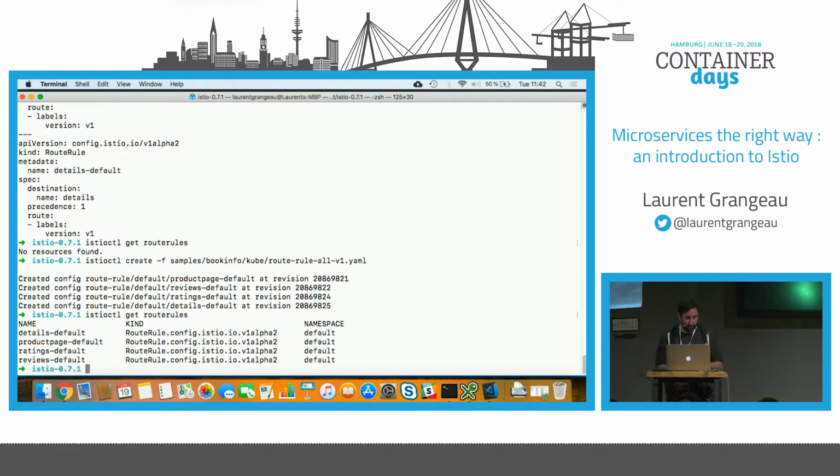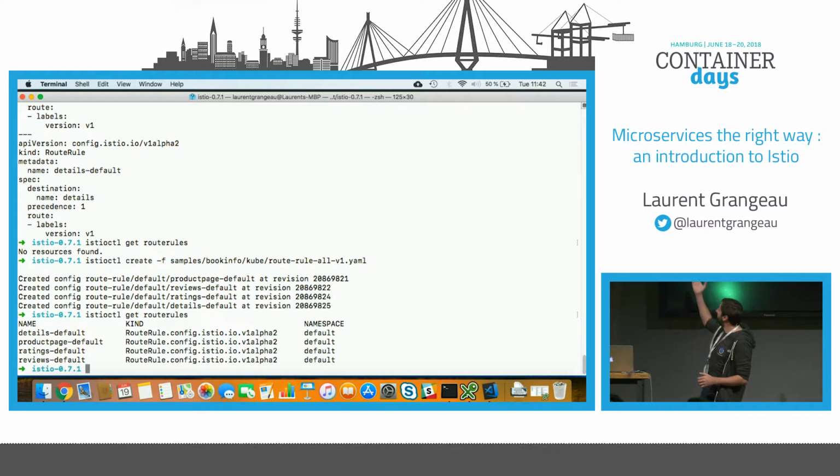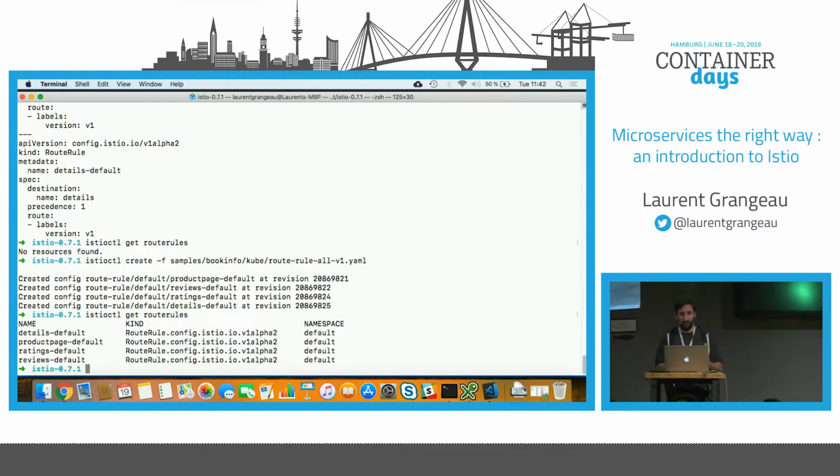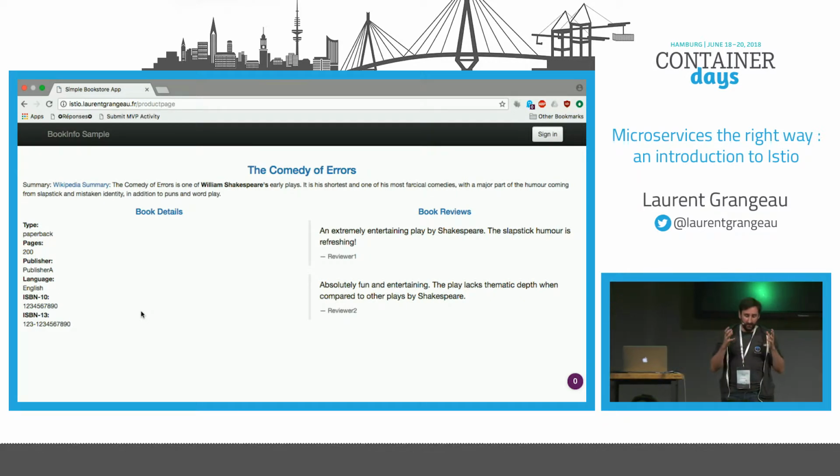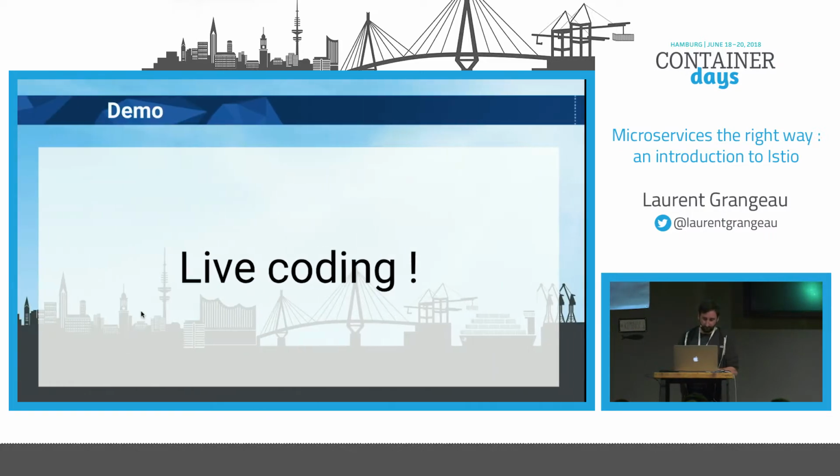And if I go back to the routing rules, we have a default routing rule that says that the rating and review is toward the V1. And if I hit refresh on the Simple Store, you see that there is no star displayed. So this is the default routing. I have dynamically reconfigured my application to have review one.